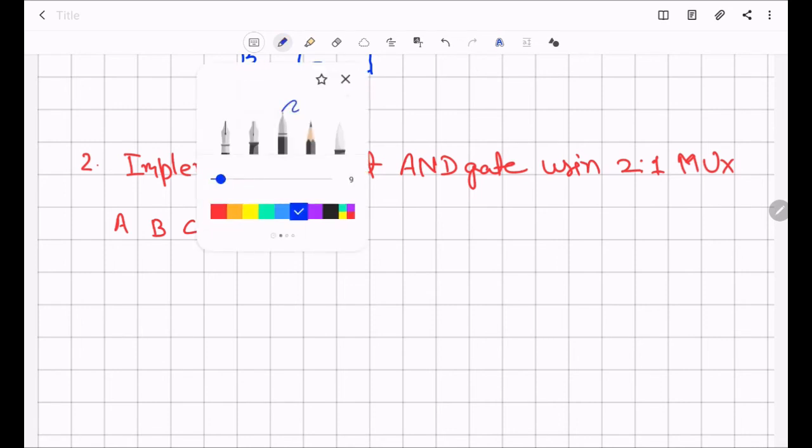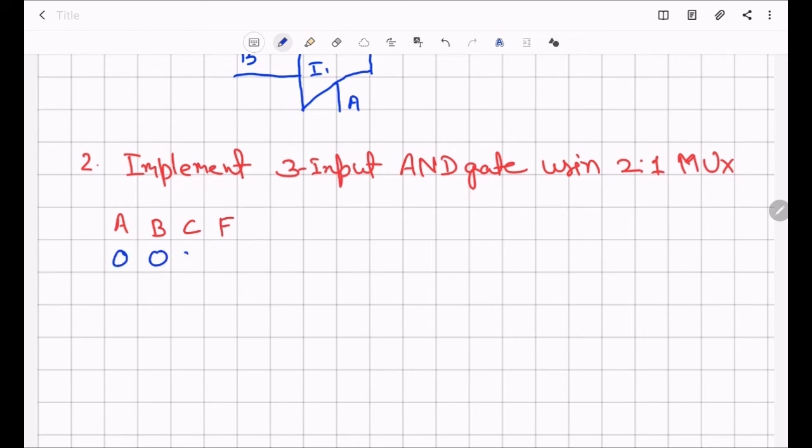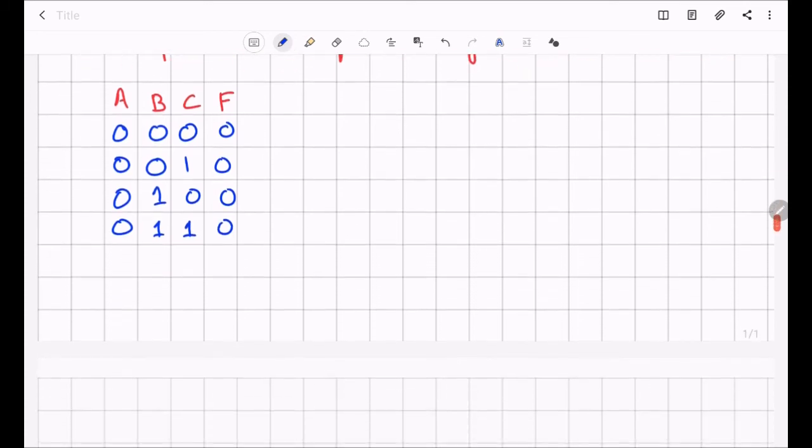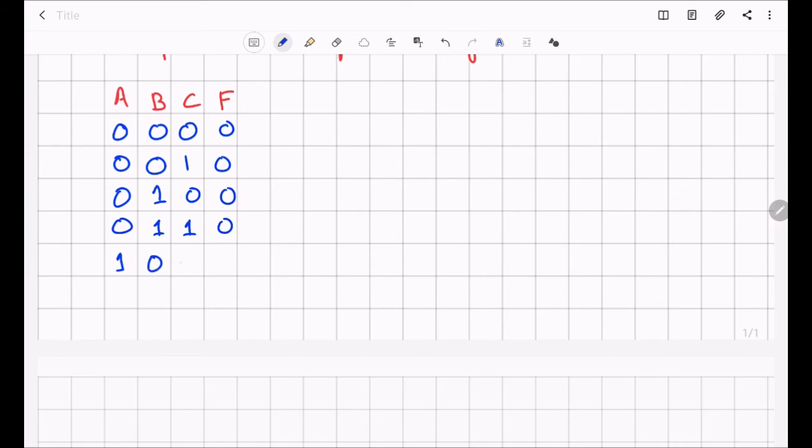So the truth table rows are 0, 0, 0, 0, 0, 1, 0, 1, 0, 0, 1, 1, 1, 0, 0, 1, 0, 1, 1, 1, 0 and 1, 1, 1. Output will be 1 only for the last row. So if any one input is 0, it is going to give me the output 0.